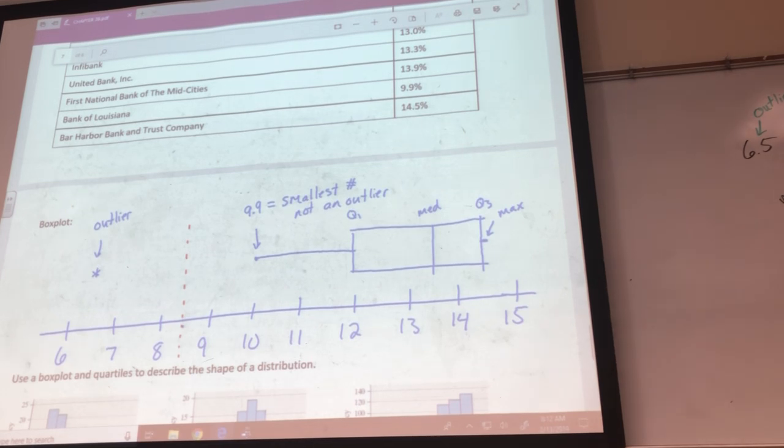We'll come back to this example. I'll run through and do it on the TI-84 in a minute so you can see what it looks